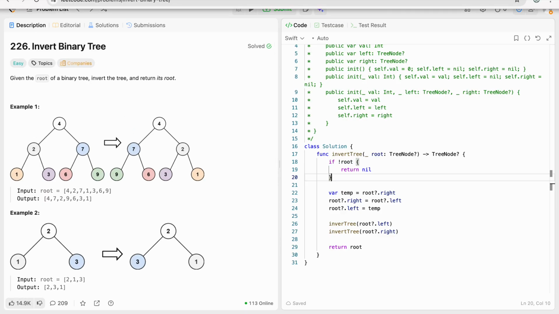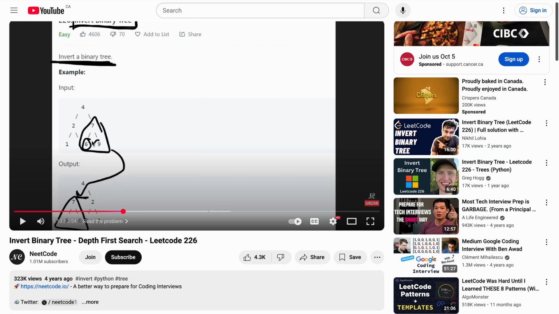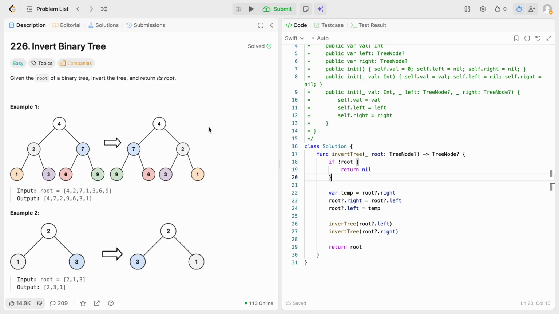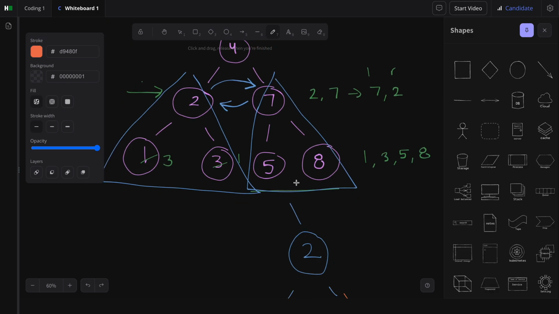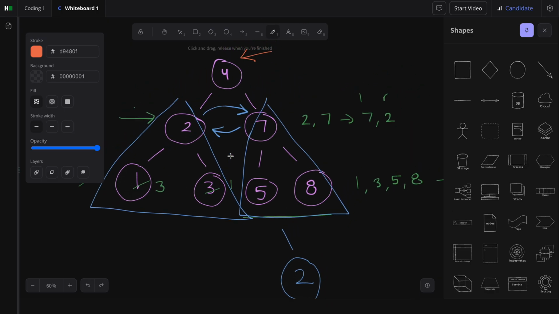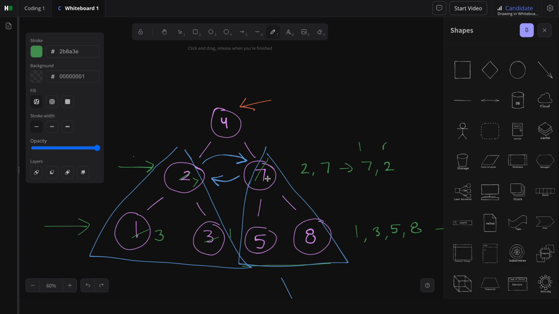So I watched like a minute of this Leetcode video, and I kind of got an idea on how to proceed. Let me show you. I kind of drew a drawing. I was just brainstorming, and the mistake I was making before was, you saw that I slashed out the 2 and put in a 7, and slashed out the 7 and put in a 2,